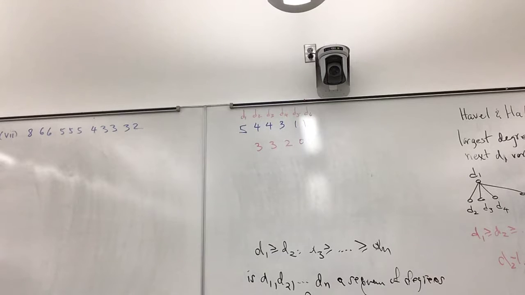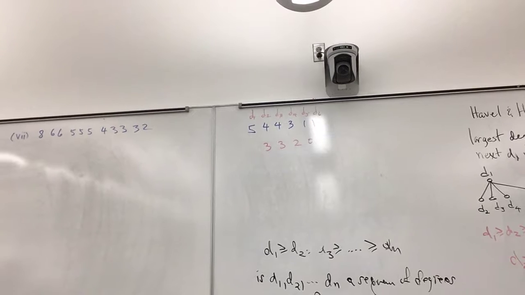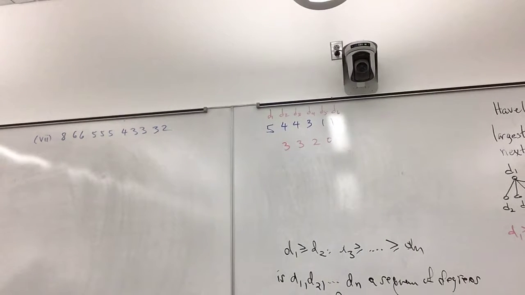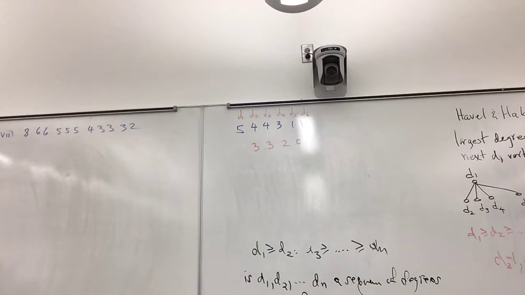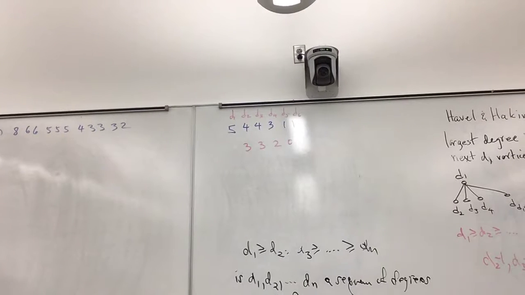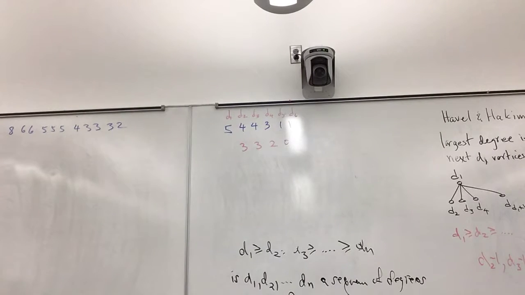So what Havel-Hakimi says is, if there's a realization, and there may be many realizations, there is a realization where the vertex of largest degree is adjacent to the next d1 vertices of largest degree. That's all Havel-Hakimi is saying. But because of this, it gives you a process to decide whether this is real. So step by step, after 6 or 7 steps, we should be able to say whether 9, 7, 6, 4, 3, 3, 3, 1, 1, 1